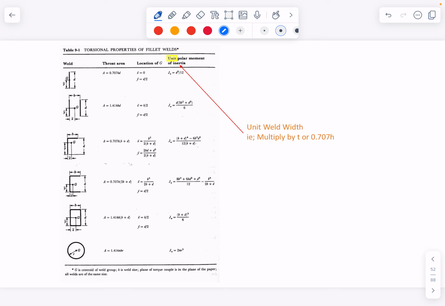Now what's easy enough to show is that you can unitize it. You can assume that the weld is just a line, because if you're trying to optimize it and had to work through the full dimensions of the weld, the area, the length, the height, the throat thickness, and every time you changed something you had to redo all the calcs, it would be a bit of a pain. So using a simplification of just a line as your weld, and then multiplying it back to give you the weld size, is a really neat way to do that.